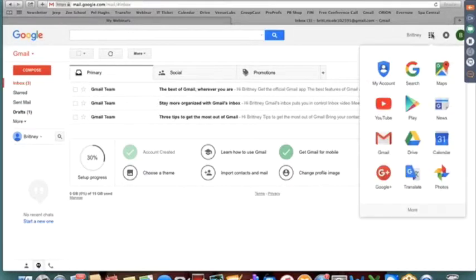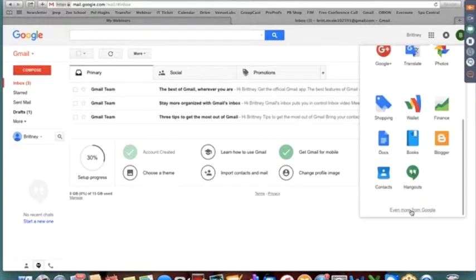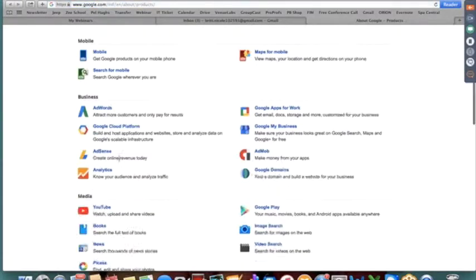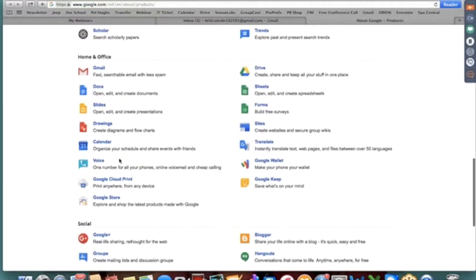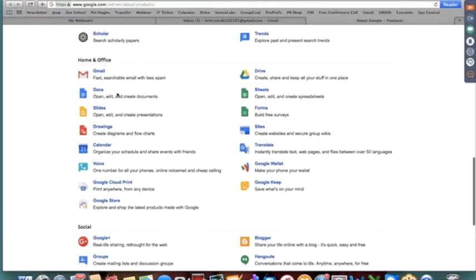Now again, I'm just going to go to my Google Drive. I think this is the easiest way to get to it. The other way you can get to it would be to go to More. And like I told you, the more you use an app, it'll show up here. Your most frequently used apps are going to show up at the top. But you can press even more from Google, and you can actually go in and find your Google Forms this way. So just scroll down to Home and Office, and right here where it says Forms,